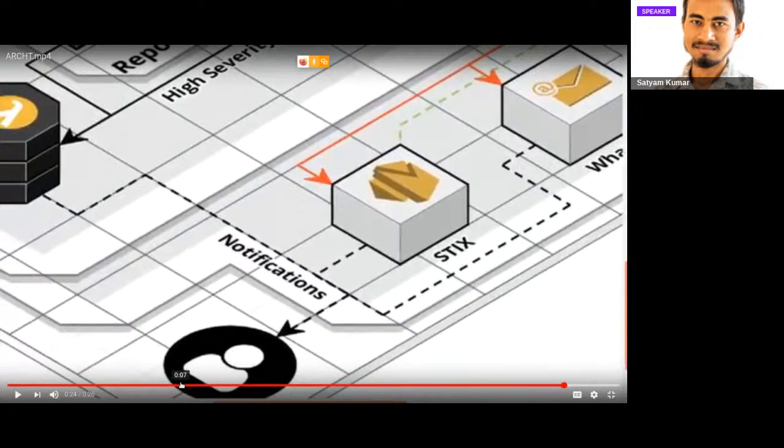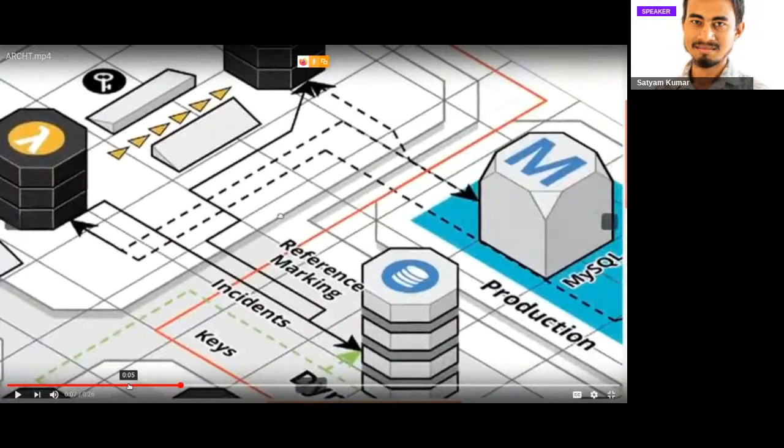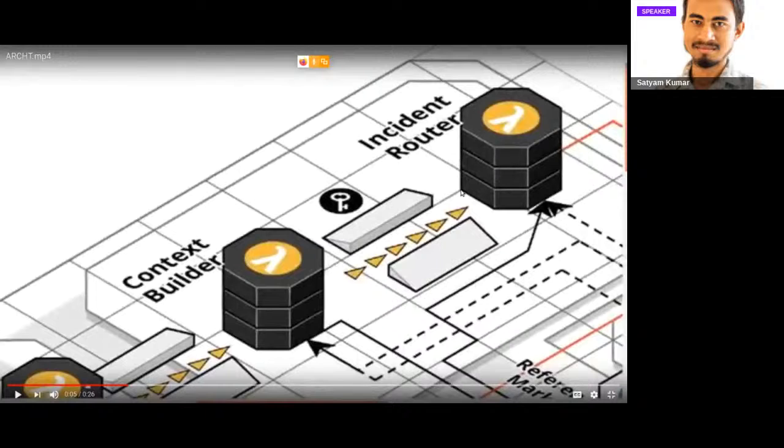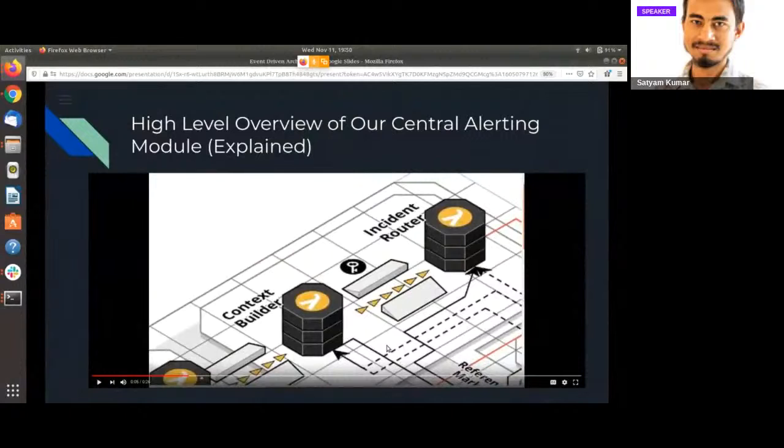We just go to the incident router and configure that this is a ticketing platform which we have enabled. If a user has subscribed for this, just send the alert to this particular pipeline, and done. We need not change anything in our email pipeline, or in our Slack pipeline, or in our ticketing pipeline.